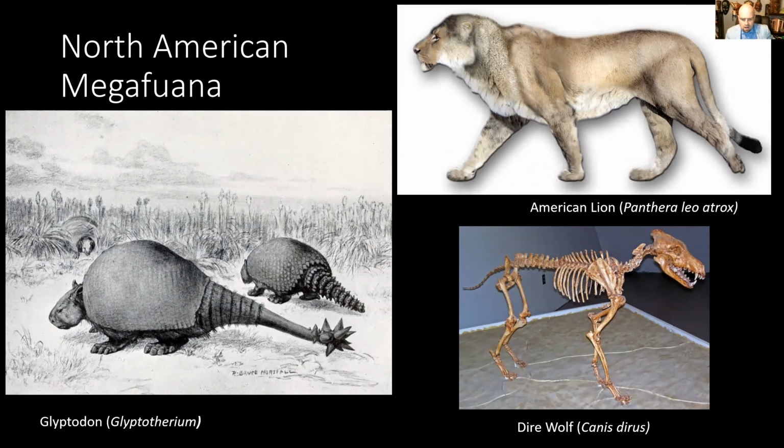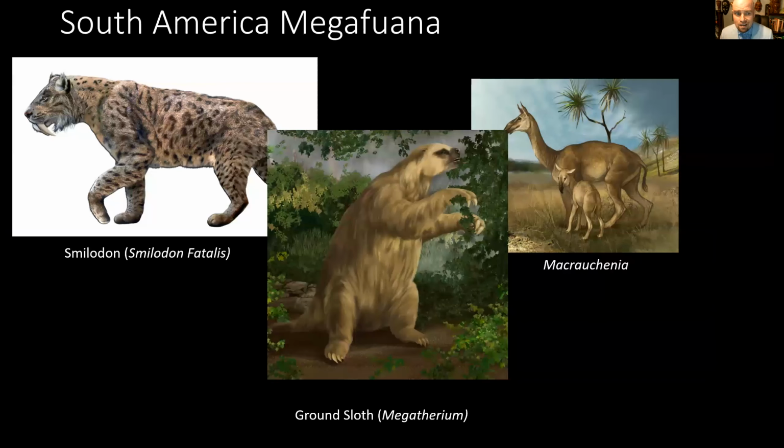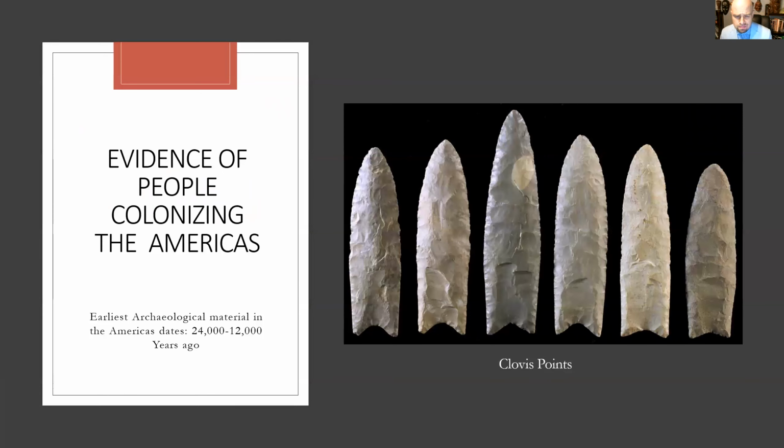There are things like glyptodons. These are like giant armadillos. So they're small tank size, not as big as dinosaurs, but they're these giant armadillos. They're American lions. They're dire wolves. So this is not just Game of Thrones. Dire wolves once roamed North America. And in South America, we have apex predators like smilodons. They're kind of like saber-toothed tigers. There are giant ground sloths that are 30 feet tall. There are camels and horses and all kinds of things. There are over 130 of these species.